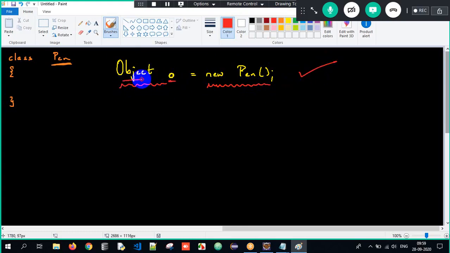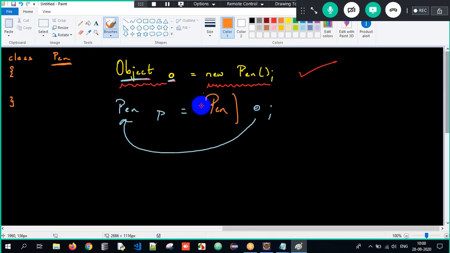But this o is of type Object. I can access only Object class properties. So therefore I need to downcast it. How? This o, which is of type Object, I need to convert it back to Pen p, the subclass. But now we have to do it explicitly. So I'll write Pen within parentheses. p is of type Pen. I can access both superclass and subclass properties. So this is upcasting and this is downcasting. How do you compare the current object? this keyword. That's it. This is all about the entire process here. Got it? So this is how we are supposed to understand the actual content here.